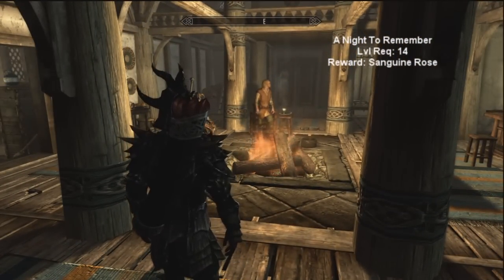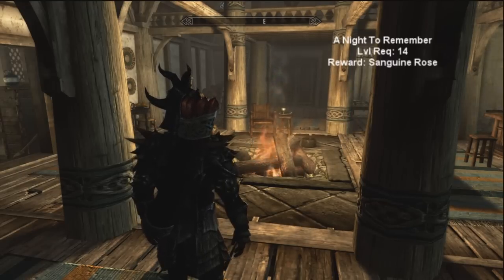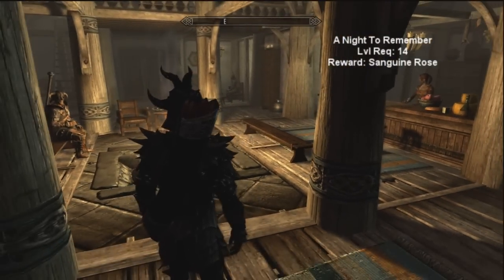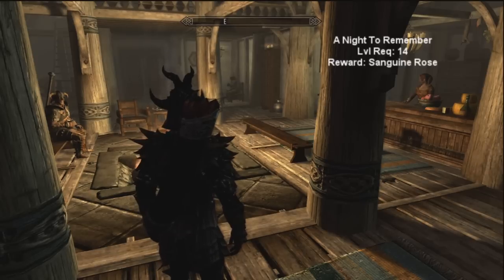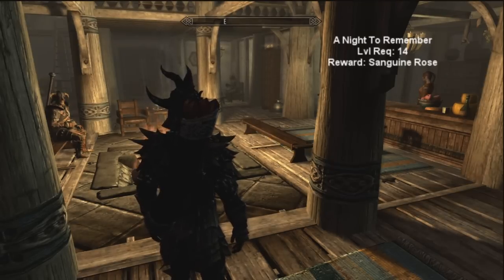So once you leave, there is a level requirement. Once you reach level 14, he'll appear in any bar or tavern that you go in. So, for me, it was this one. And once you talk to him, he'll challenge you to a drinking contest. And you drink, you get totally drunk, hungover, and you end up in some wacko place. I don't remember. But from beating it, you get the Sanguine Rose, which is a staff, I do believe. And it's pretty good, so...